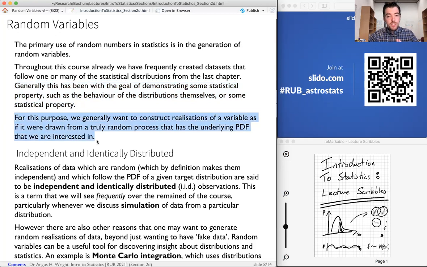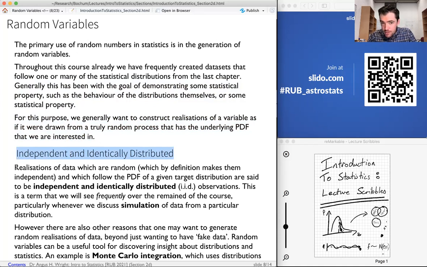What we want to do is generate realizations, observations of variables, that look like they were drawn from this truly random process that has some probability density function that we're interested in, that we want to probe. Before we begin, we need to understand the concept of independent and identically distributed data. Truly random observations from a PDF, from a particular distribution function, are what are called independent and identically